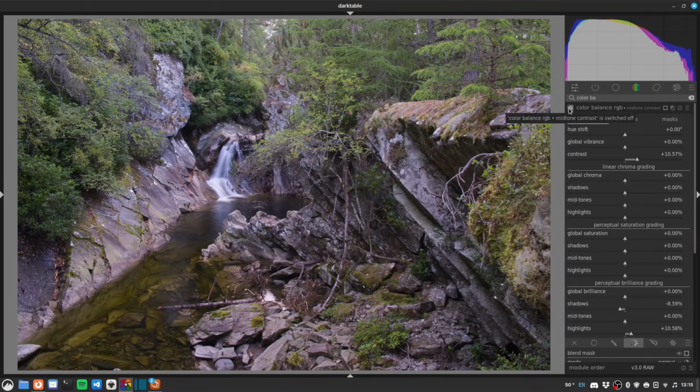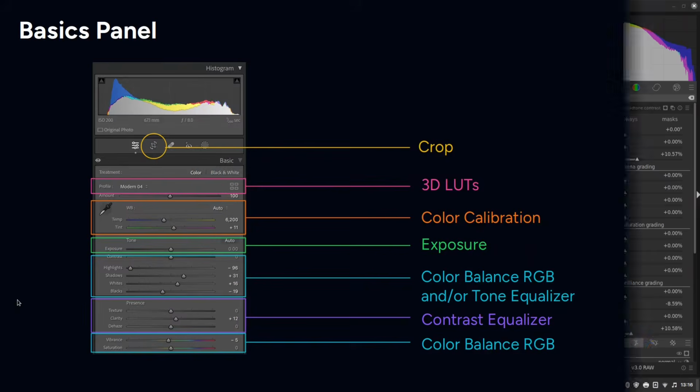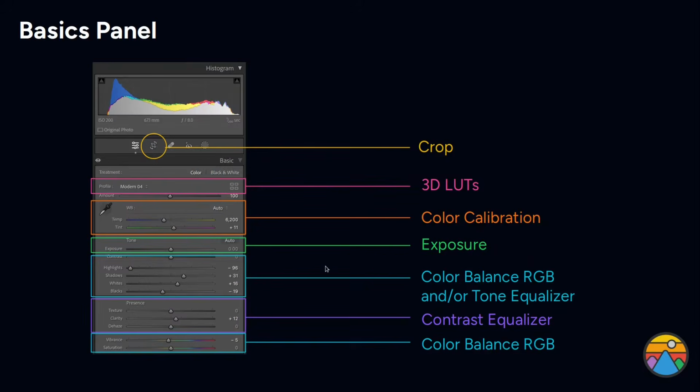So you can just see some subtle midtone contrast coming in there. Okay, so now we'll look at the next part of the panel, which is the presence panel: clarity, texture, and